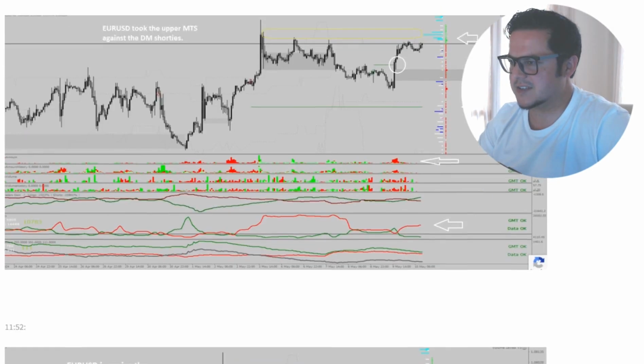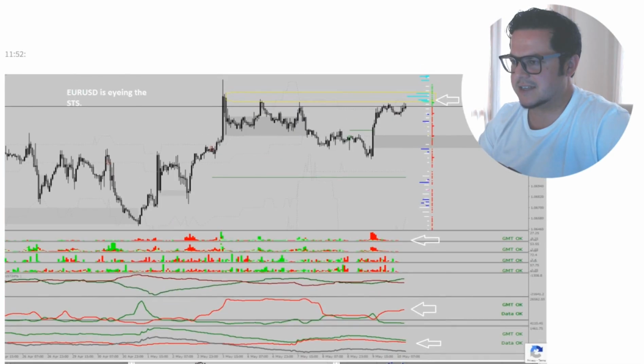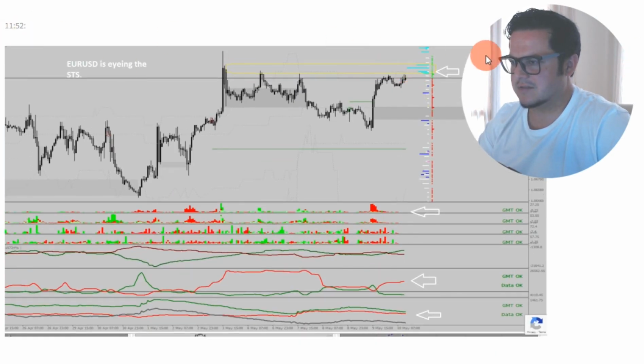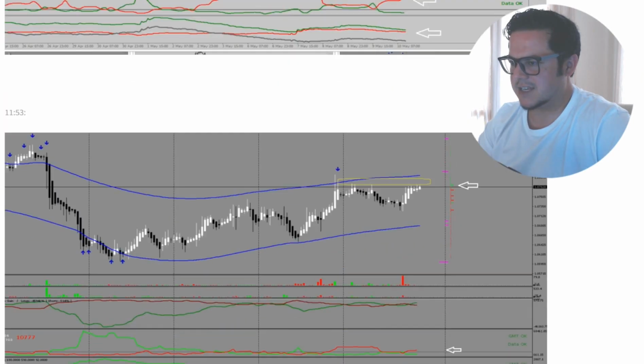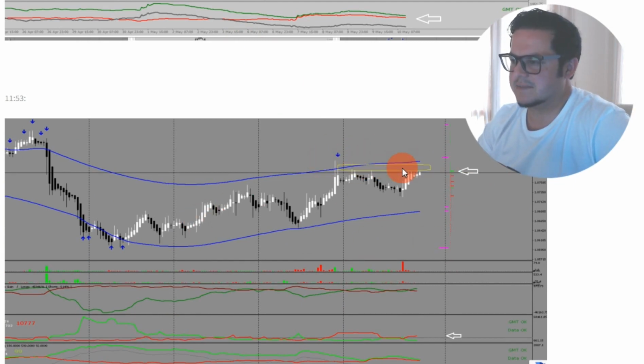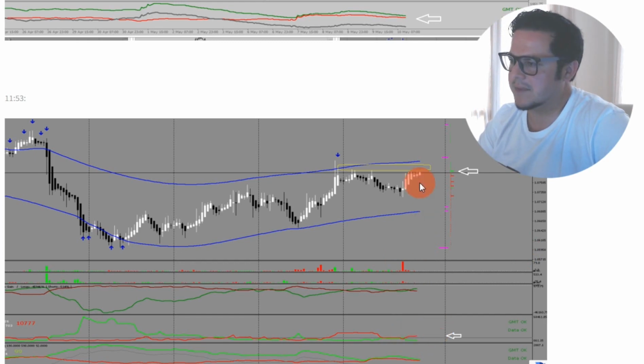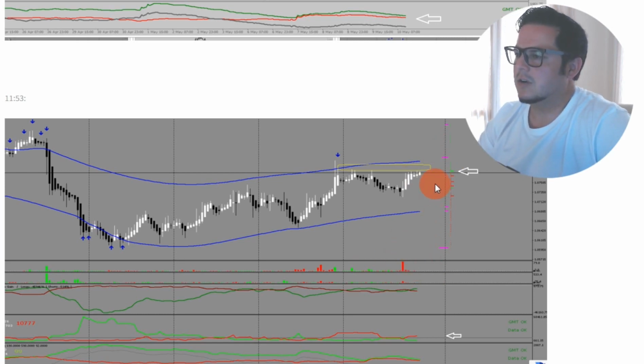So today what happened is more new shorties came in, and euro dollar attacked the highs again. The short-term stops here, as I wrote at 11.52, took out those targets. And here we see from today, this zone has been cleared. And next week, we're going to have the following situation. Either more shorties come in and push the squeeze line up, and the smart money will take out the LTS, which seems more likely right now, or the shorties are leaving, collapsing because the zone was cleared, and the 4-hour reversal energy can take over.